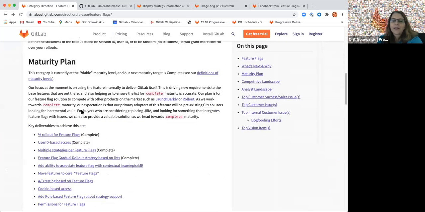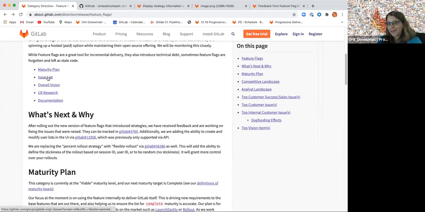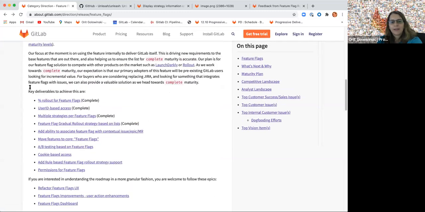Okay, so here's a list of the maturity plan. Now, it is not to be confused with the entire list of issues that are labeled feature flags, okay? The entire list of feature flags can be found by pressing this link, which will give you a list of everything that's open. The maturity plan is kind of the list of the most important issues that I think will bring us to the next maturity level of complete. Okay,